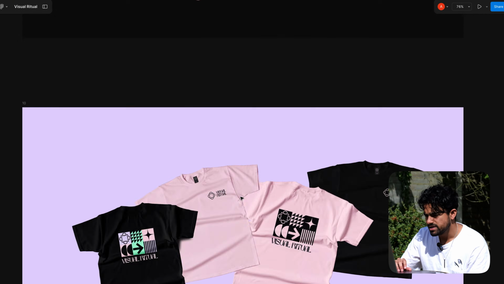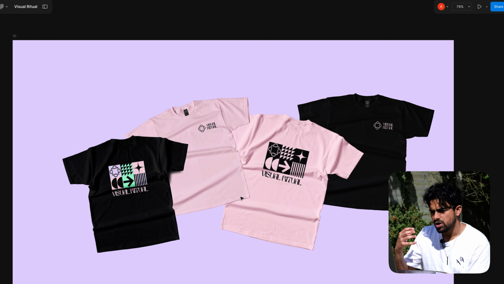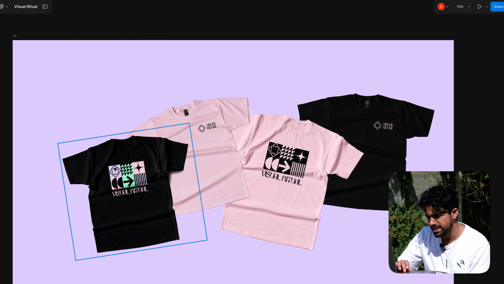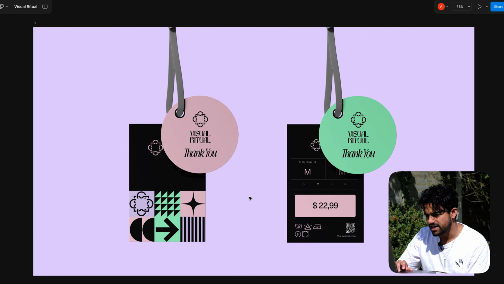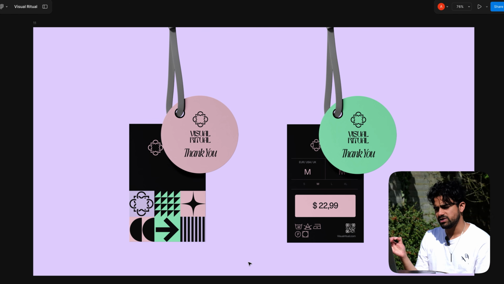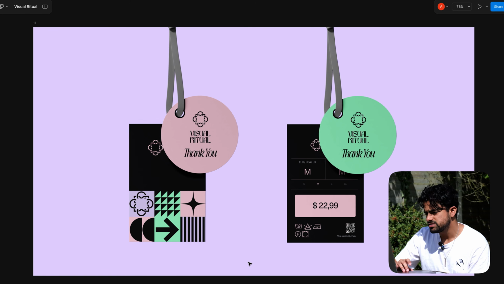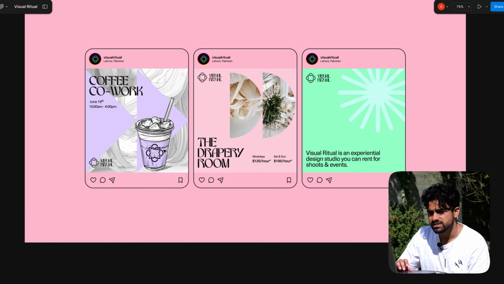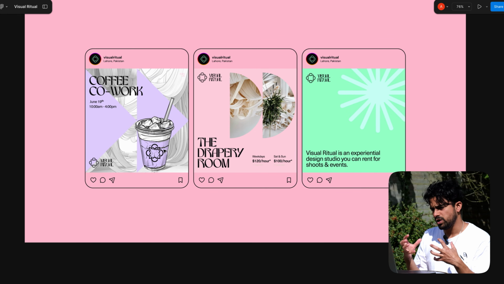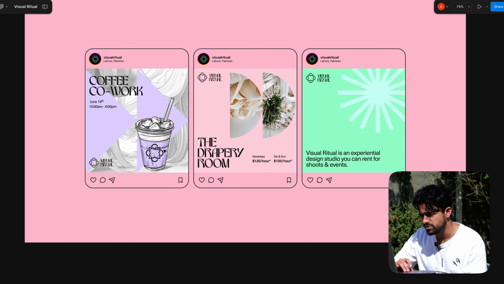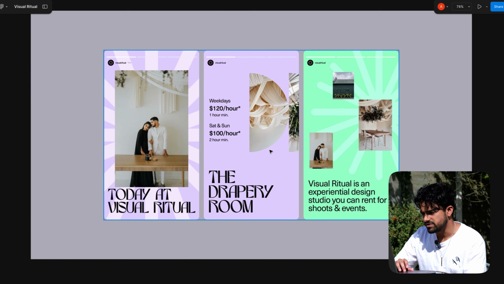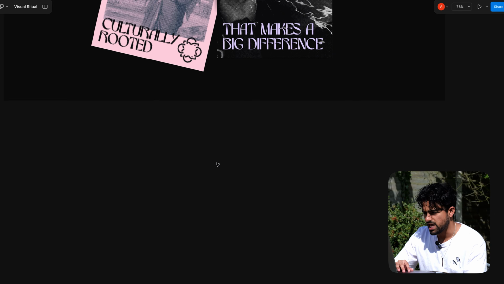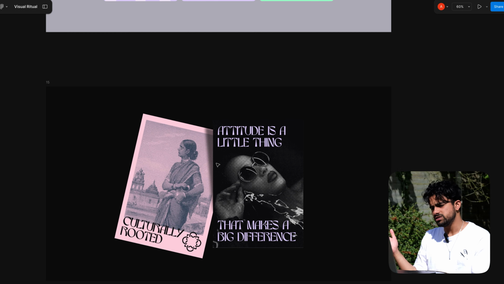Now you can see that we are presenting some patterns over here. This is a water bottle mockup, some shirt mockups, and you can see how we're really owning the idea of these shapes and all of these coming together, and basically breaking down our main shape into smaller shapes. And the client specifically requested labels for shirts, some labels that are price tags, some social media posts. And I wanted to show him, if we are using this for social media, what's the best possible way to do it. Some nice Instagram stories, more posters, and yeah, that is pretty much it.